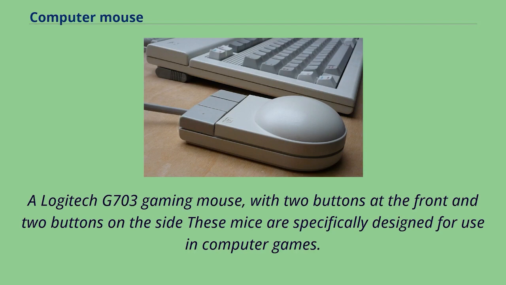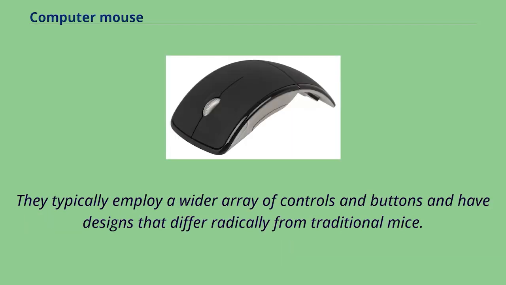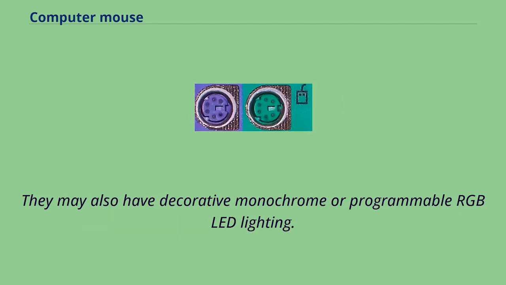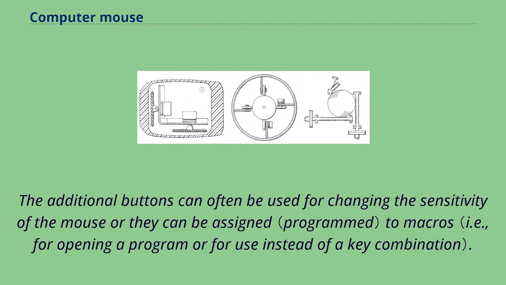A Logitech G703 gaming mouse, with 2 buttons at the front and 2 buttons on the side. These mice are specifically designed for use in computer games. They typically employ a wider array of controls and buttons and have designs that differ radically from traditional mice. They may also have decorative monochrome or programmable RGB LED lighting. The additional buttons can often be used for changing the sensitivity of the mouse, or they can be assigned to